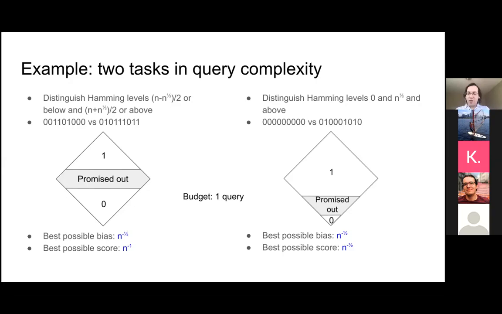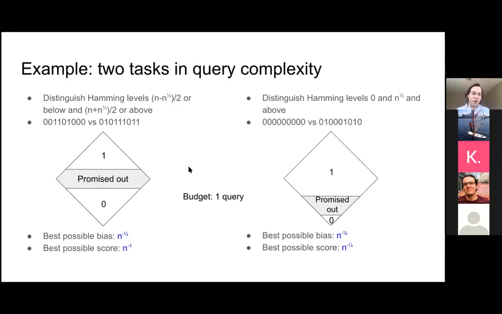But on the right, you only need to repeat root n times. So these two problems really are different in difficulty. But when you only budget one query and try to ask which one, where can you achieve more bias, that setting does not reveal this difference in difficulties. So it doesn't reveal the fact that the problem on the left will be harder to later amplify than the problem on the right. On the other hand, evaluating these algorithms with a proper scoring rule